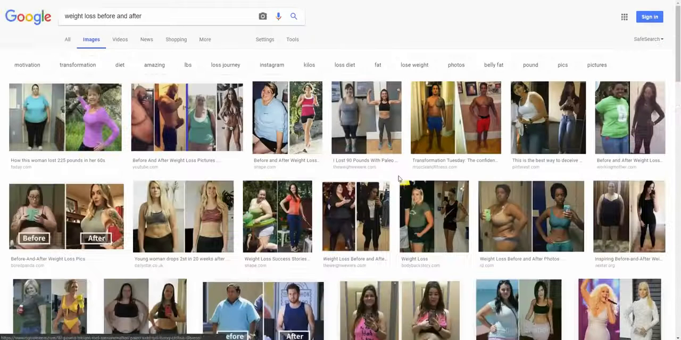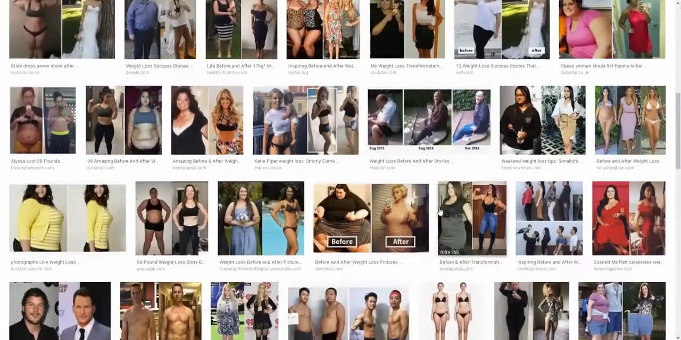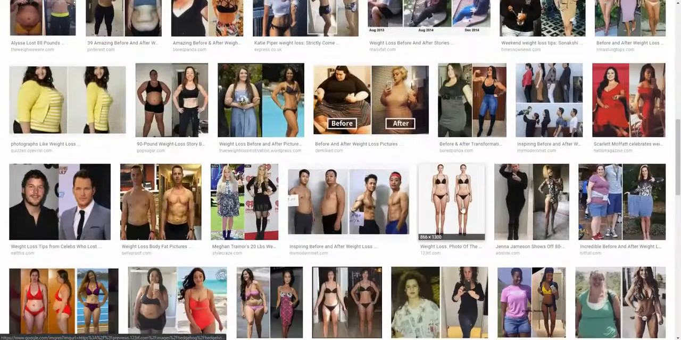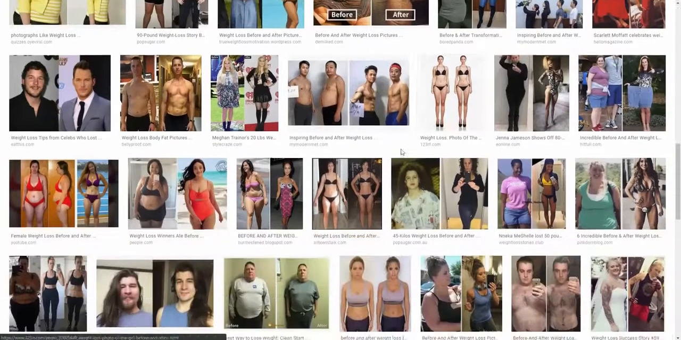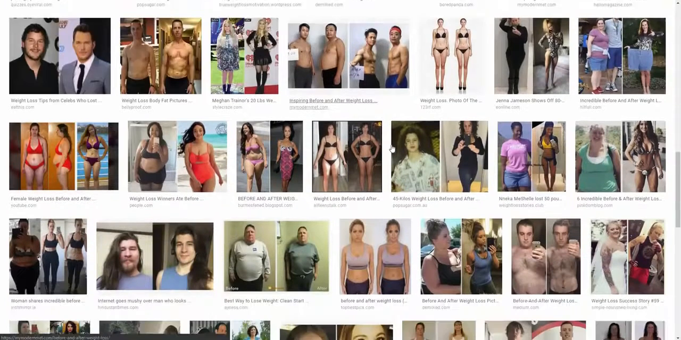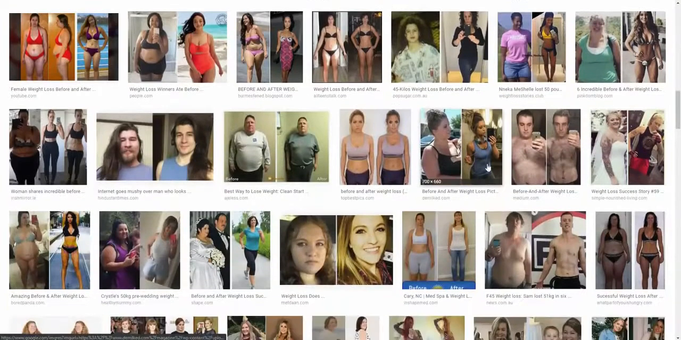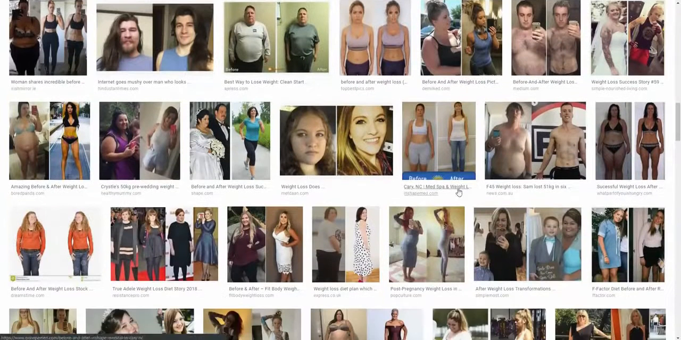Click on images. Make sure you grab a non-copyrighted image. You don't want to use any image that's been copyrighted. I'm not really checking that right now because I'm just doing a demo for you, but you want to do that. So once you find an image, okay,